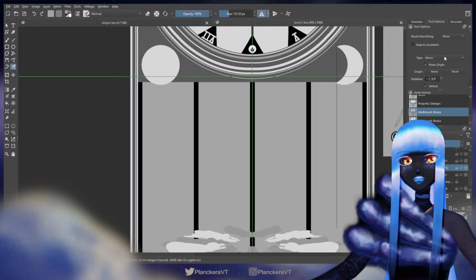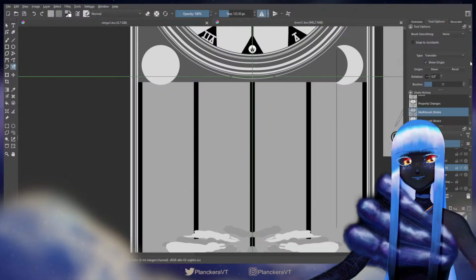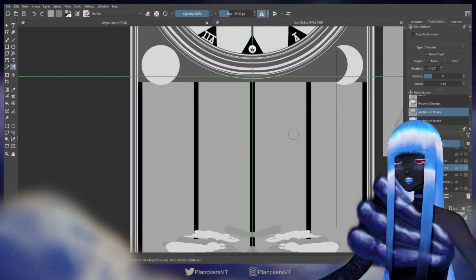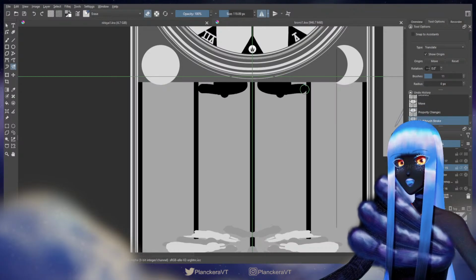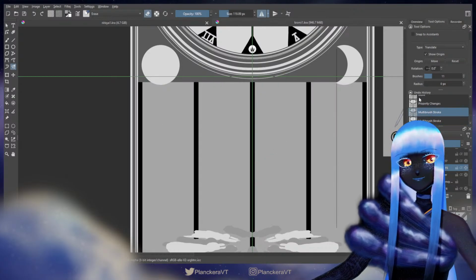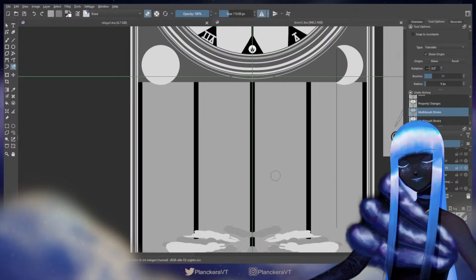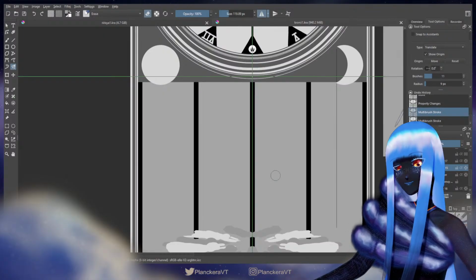Mirror is just what I already have. Translate, I'm not quite sure what it does, really. It didn't seem to do anything in particular. Okay. So I guess I'll just...